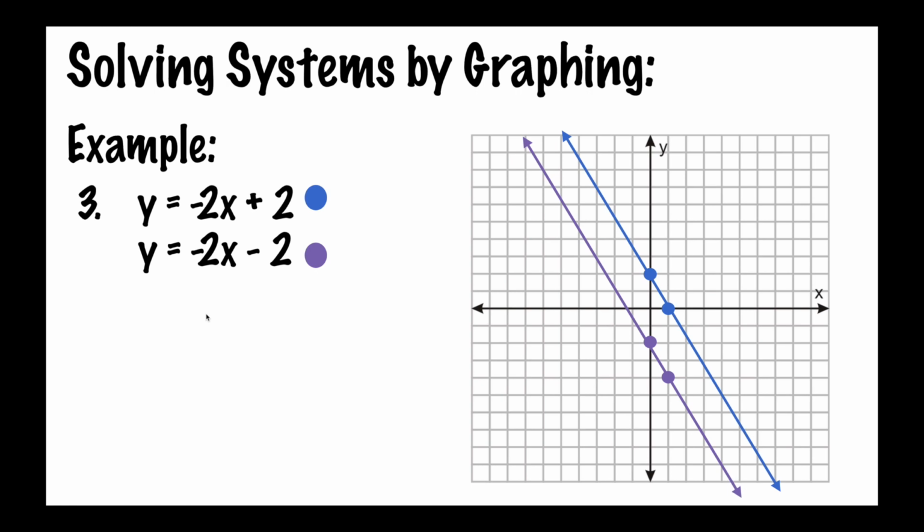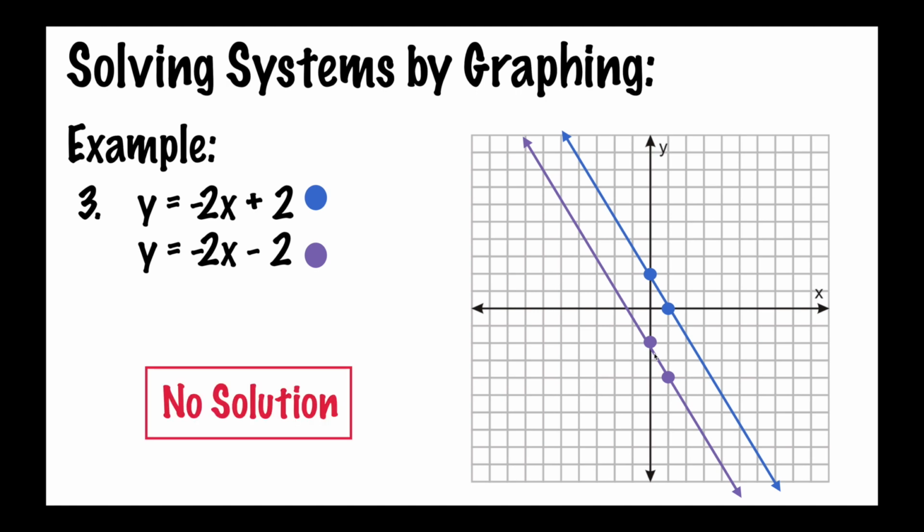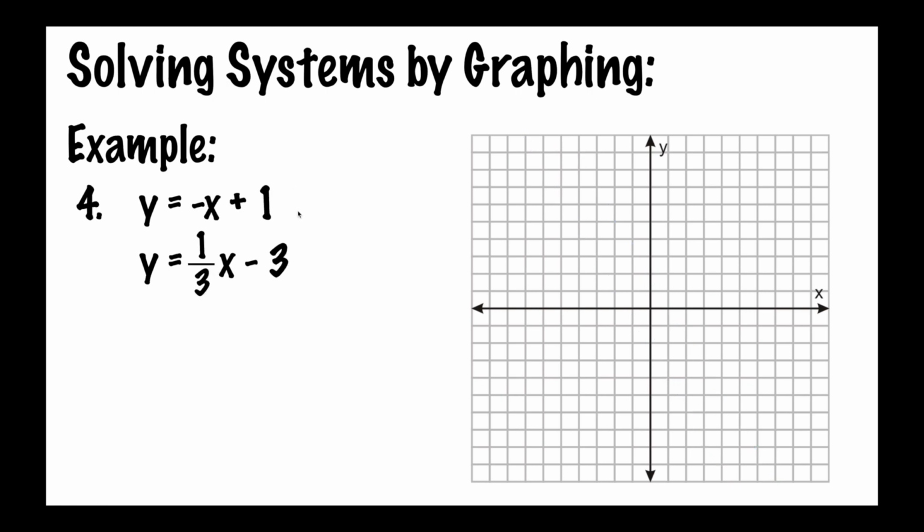And what we came up with here would be parallel lines. And parallel lines, by definition, will never intersect. And so since they never intersect, that means we're going to have no solution to this problem. And we could have recognized that from the very start when we noticed that the slope was the same, but the y-intercepts were different. For example 4, we're going to start at positive 1 on the y-axis, and from there